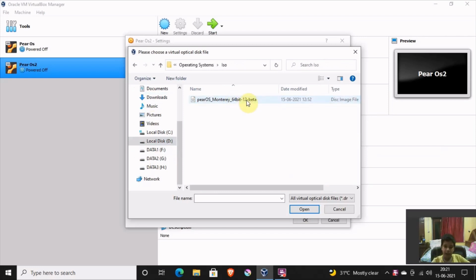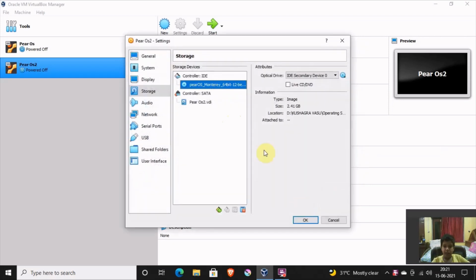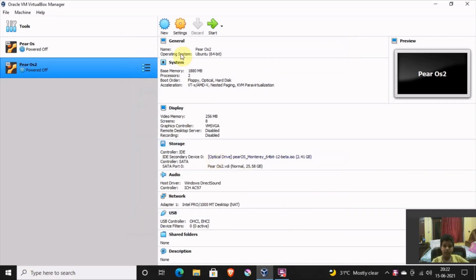Here I have this ISO file. Now click on open. Now if you have deleted or moved the file, it won't matter. VirtualBox doesn't need the file after it has been loaded. So click on OK. Now we can start the virtual machine by clicking on the start button.